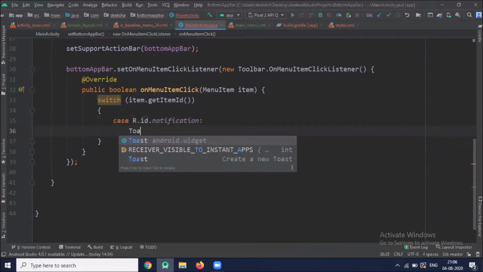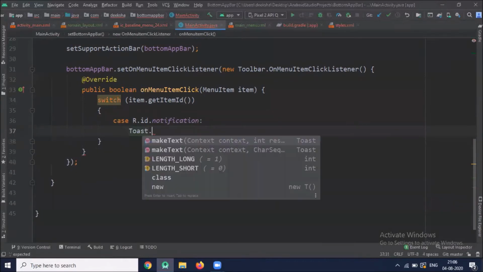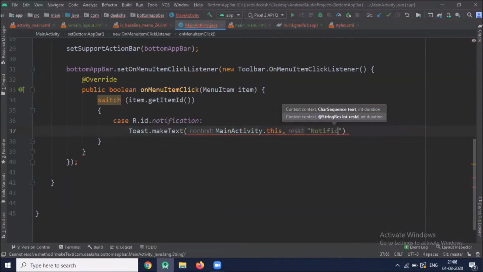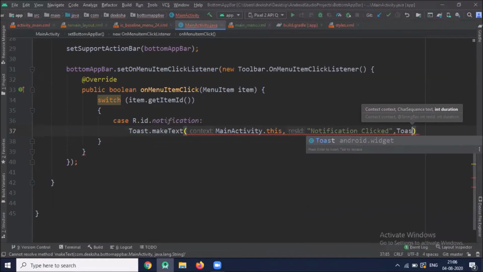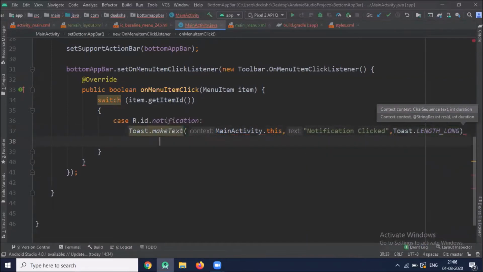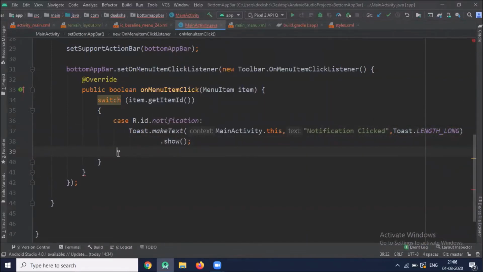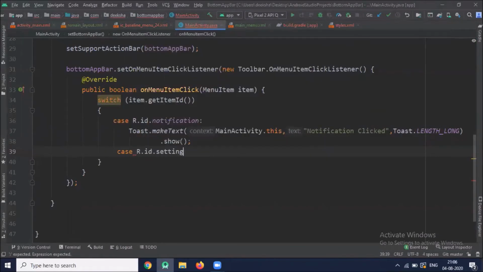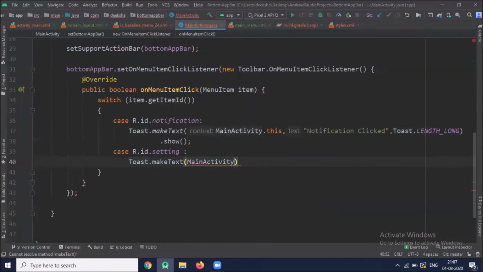So when you click on notification, display one toast message. Similarly for setting, it displays one toast message.